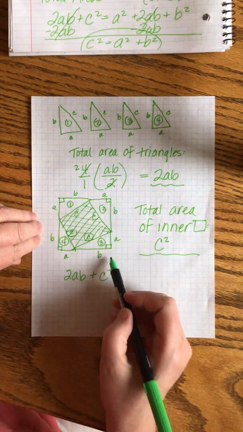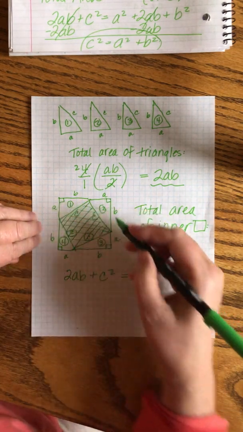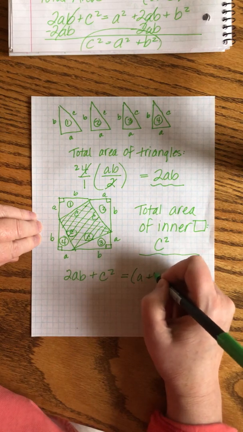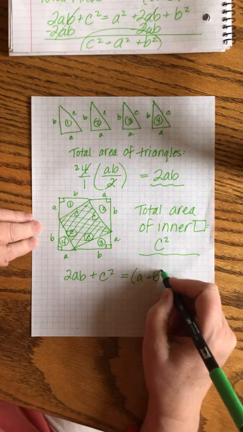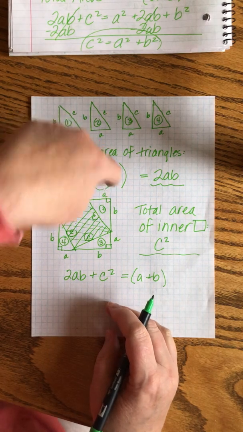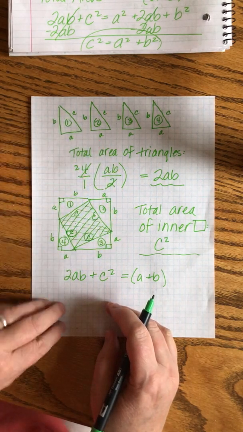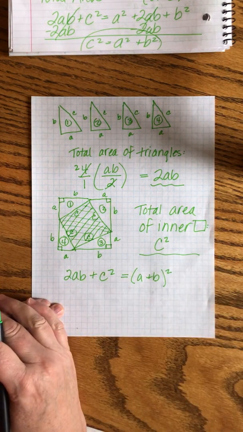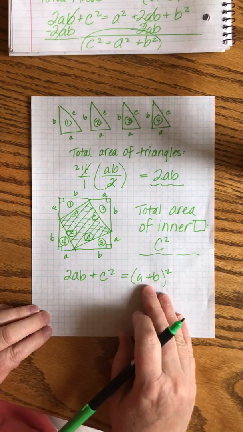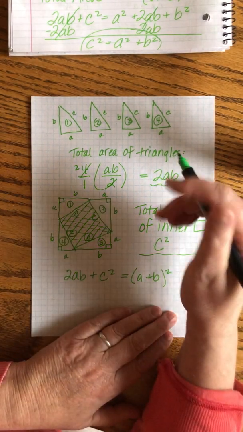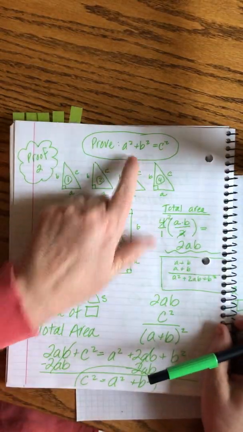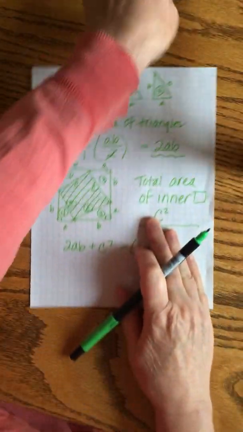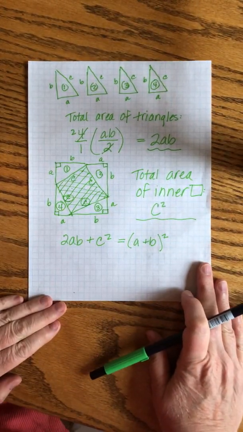Now, what about this outside edge? That should be equal to the area of each side is A plus B units long, right? A plus B, A plus B, A plus B, A plus B. So we can describe the outside edge as being quantity A plus B squared all around the edge, right? Okay, let's expand this and see what we get. Again, we're trying to work toward proving A squared plus B squared equals C squared. That's our goal. All right, we expand that binomial,